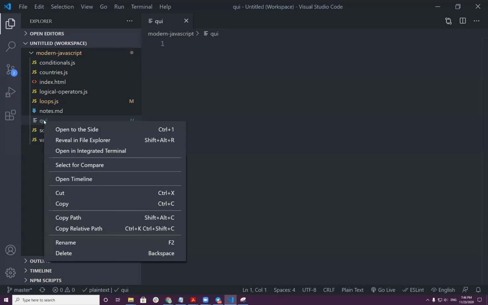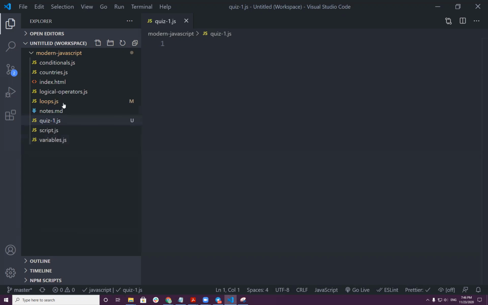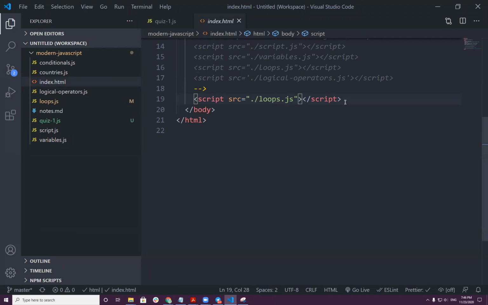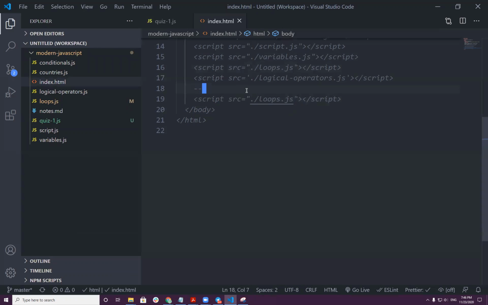Yes, so I want to create a file here, and I like to call it quiz1.js, and I have to connect it with this file.